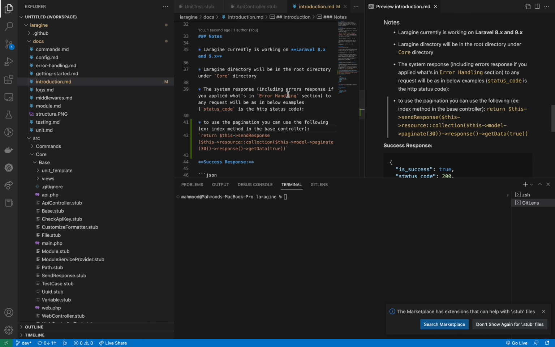Okay, let's use the pagination. You can use the following example index method in the base controller, return this send response, and the other guys, and this is the 30. We are going to return like 30 rows or 30 objects to be concise here. So yeah,